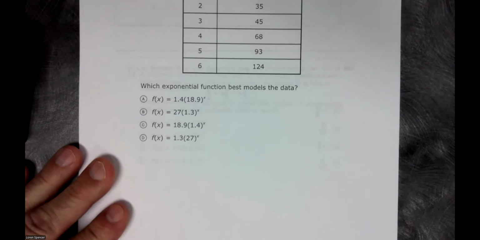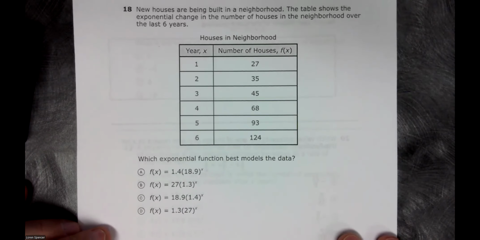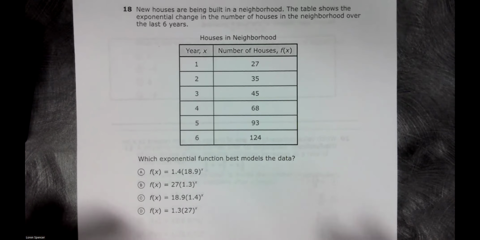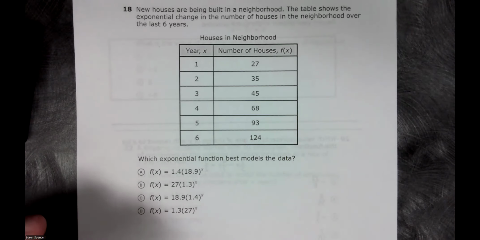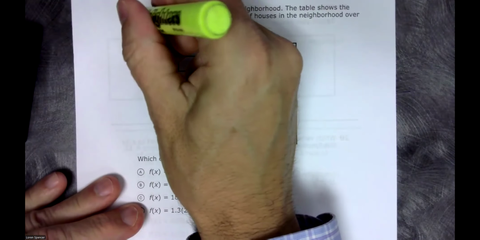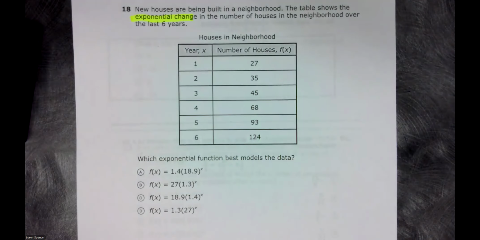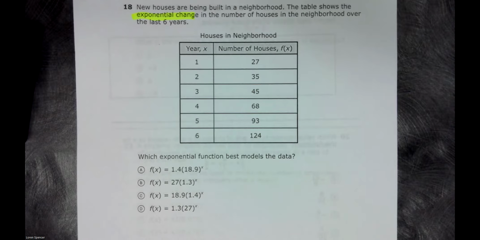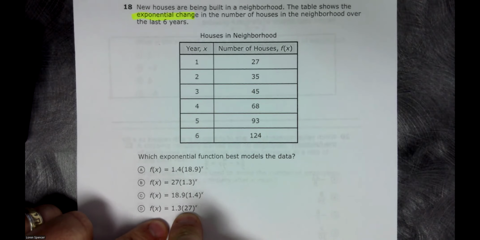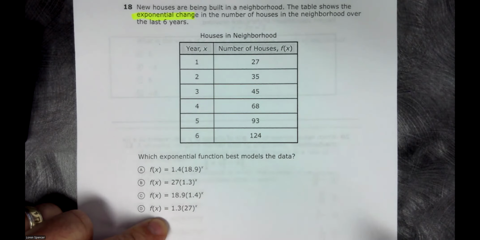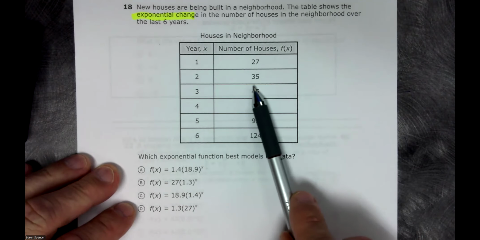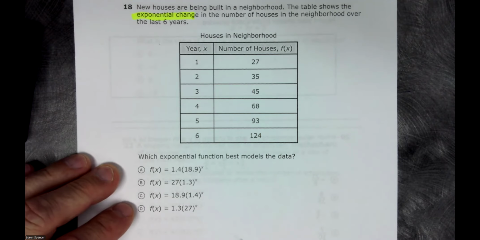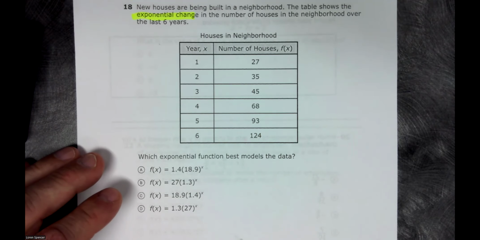Number 18. New houses are built in a neighborhood. The table shows the exponential change in the number of houses in the neighborhood over the last 6 years. That's going to be important. Which exponential function best models the data? Okay, I can either put in all the equations or I can put in the values. What I'm going to choose to do is put in the values and find which one gives me that answer. So I'm going to go to Share,